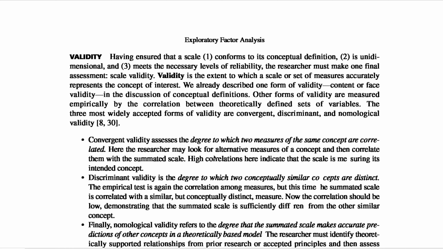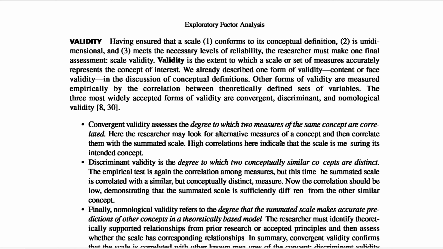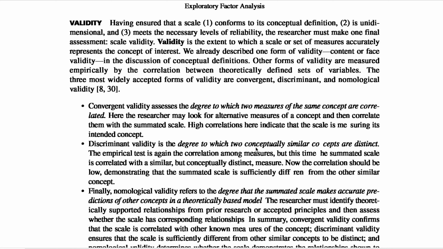discriminant, and nomological validity. Let's talk about the types of validity, that is, convergent, discriminant, and nomological validity. The first is convergent validity, which assesses the degree to which two measures of the same concept are correlated. Here, the researcher may look for alternative measurements of a concept and correlate them with the summated scale. High correlation here indicates that the scale is